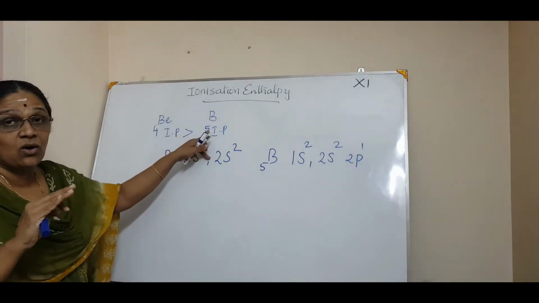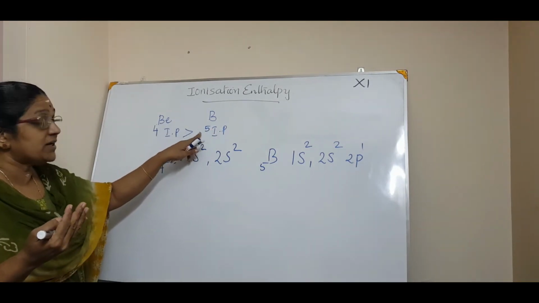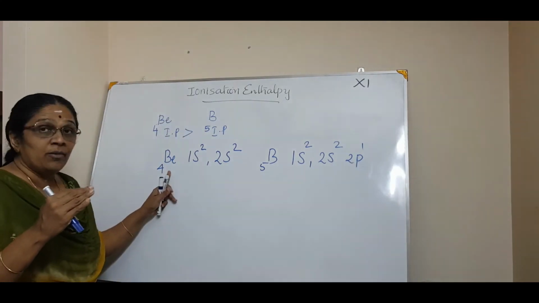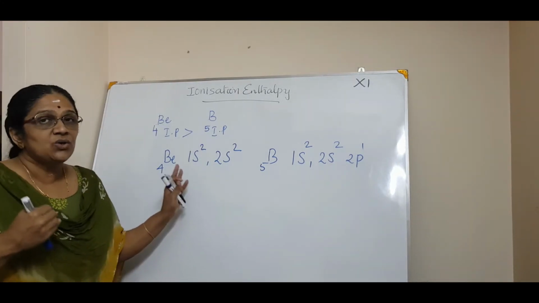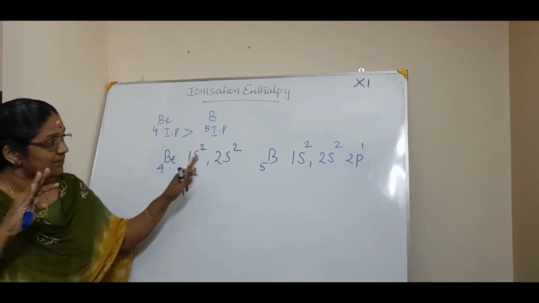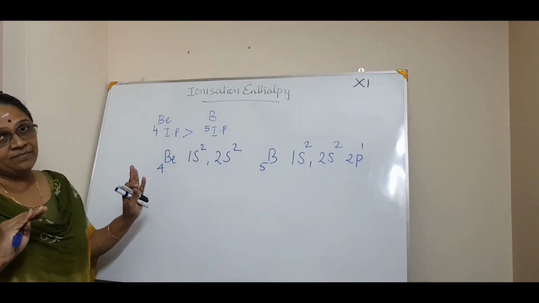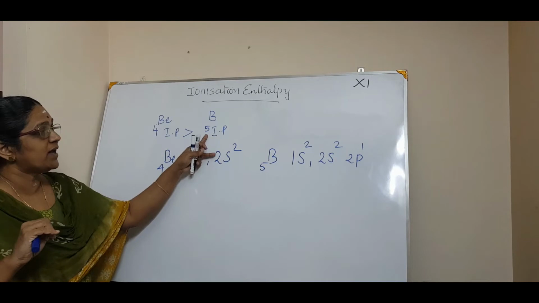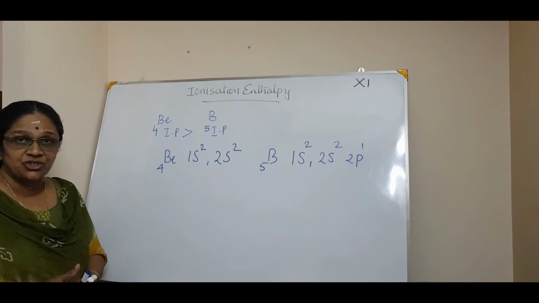Even though boron has a greater nuclear charge, that is 5, or a greater atomic number, boron has a low IP. So a smaller amount of energy is needed to get an electron out of boron because of this electronic configuration. Whenever such questions are asked, you just write the configuration in SPD notation, and then you find some change or some meaningful logic in that question. Okay, so that is how you have to answer. This is the answer why boron has a lower IP than beryllium, even though boron has a high nuclear charge.